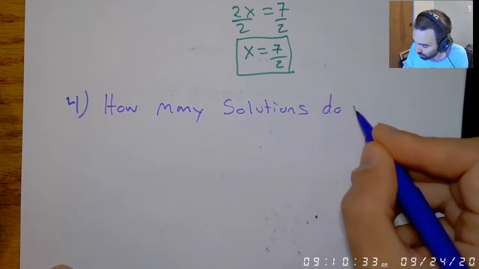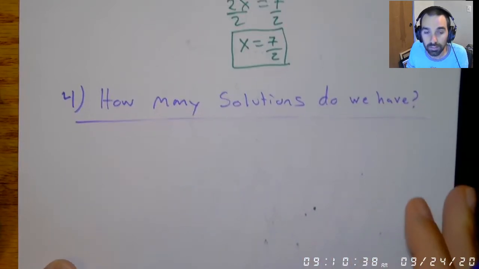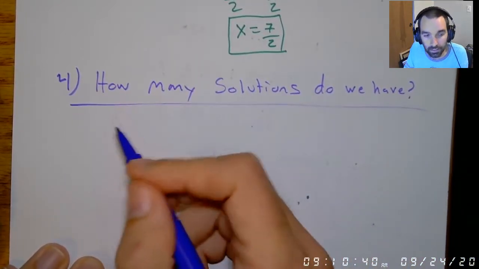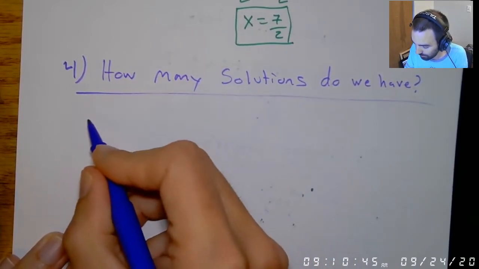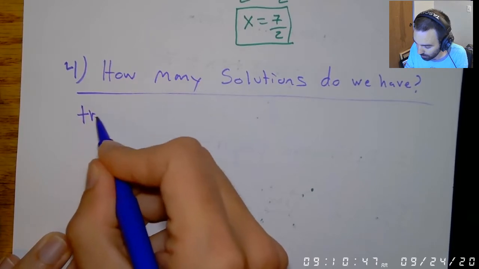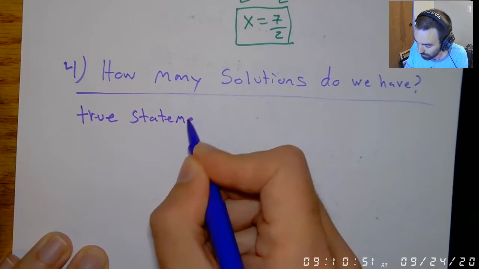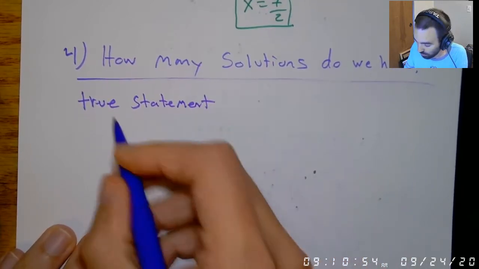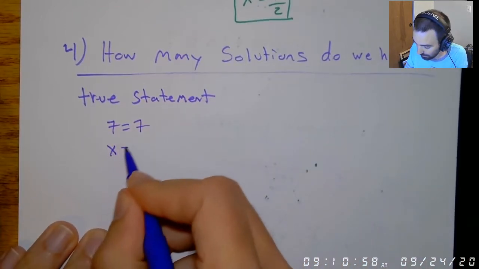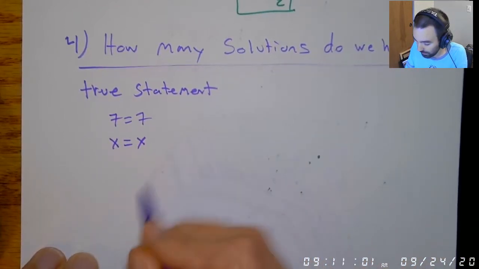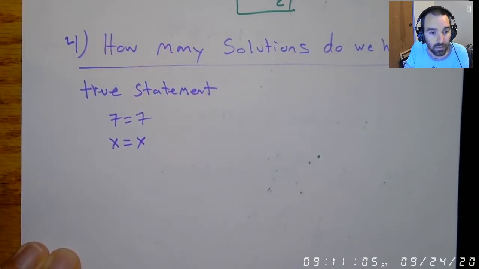The last thing we did that we really worked on was how many solutions? So how many solutions do we have? To do that, there are 3 options. If you get something that is a true statement, like 7 equals 7, x equals x,